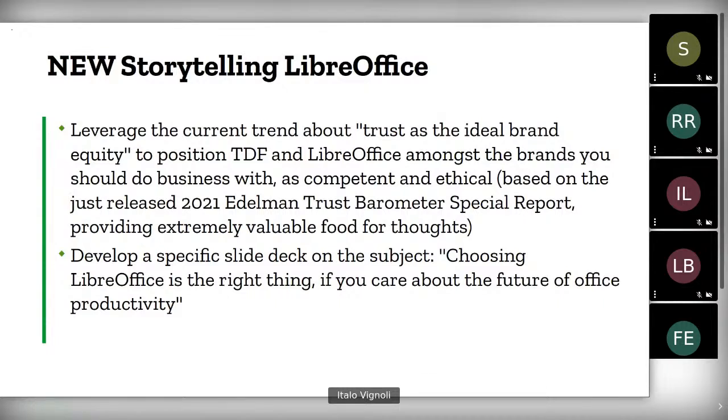So the value of LibreOffice has increased. Of course, it is not a value that can be measured in terms of economic value. It is an asset that is not monetary, not economic, but is an incredibly important asset. So we have to invest in this asset,